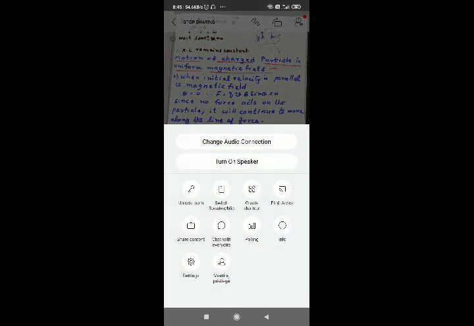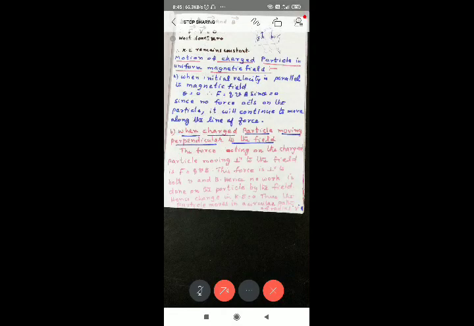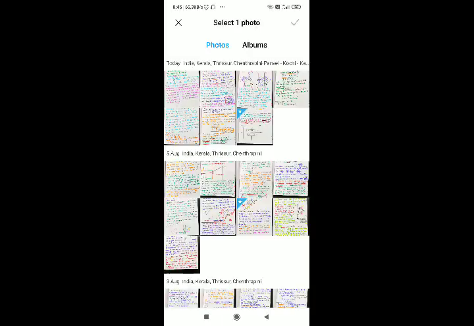When the particle moves parallel to the magnetic field, it experiences 0 force. When the particle is moving perpendicular to the magnetic field, it experiences a force, but as the force is perpendicular to the motion, velocity magnitude is not changed, but direction is changed, and it moves in a circular path.